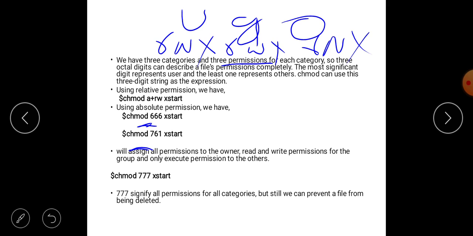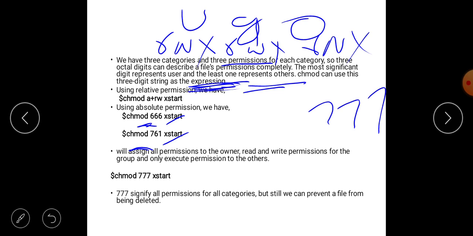The last one represents the others, for example in 761 the 1 represents the others. chmod can use this 3-digit string as an expression, meaning any 3-digit number can be used as an expression.